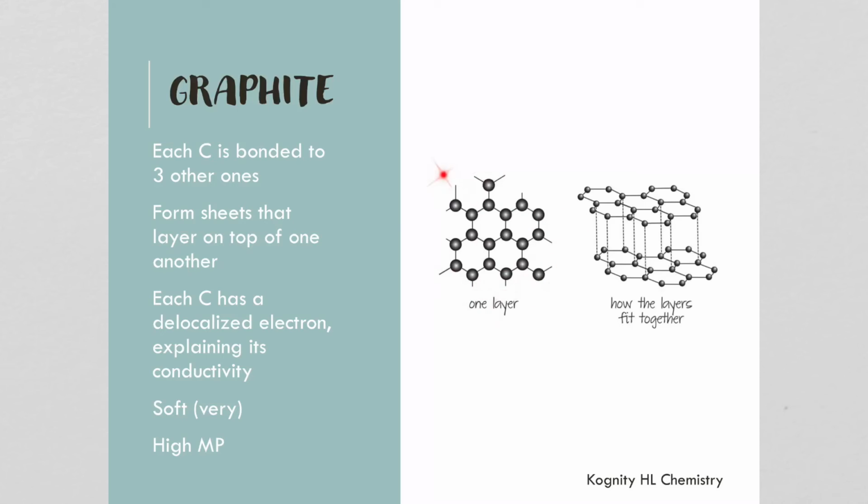It's very soft, and that's one of the reasons why we use graphite as our pencil leads. No lead is involved in pencil leads. They also have a very high melting point, graphite, and if you take a look here, you can see that these layers, these single layers, layer on top of each other like so, and then they're being held together with